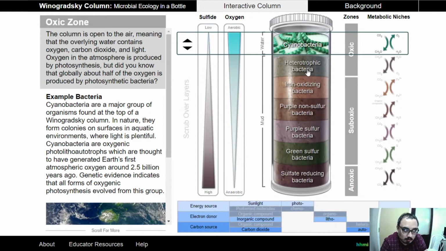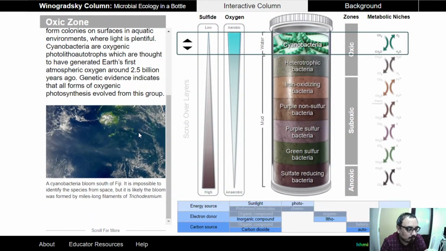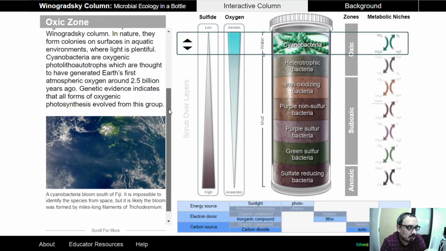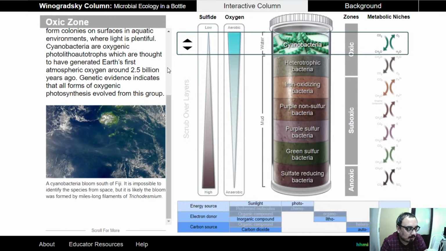But did you know that globally half of the oxygen is produced by photosynthetic bacteria? They are one of the most important groups in providing oxygen to the earth. In nature they form colonies on surfaces, in aquatic environments where light is plentiful, and as you all know, cyanobacteria are oxygenic